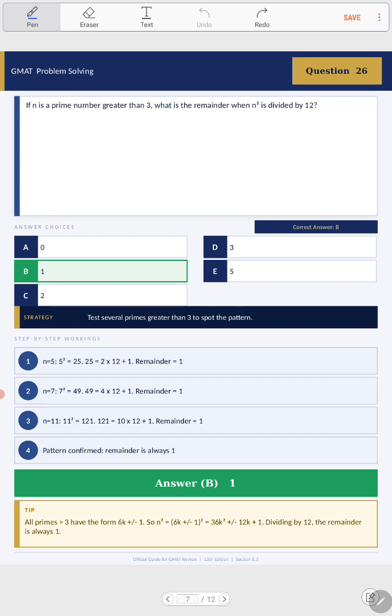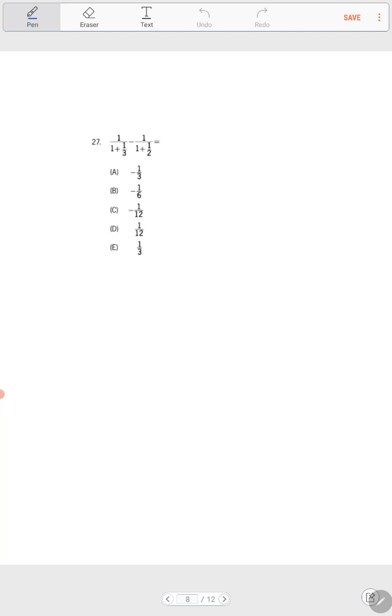So if you are solving, a prime number that is more than 3 can be 5. Okay, and let's find 5 squared. 5 squared is 25. 25 divided by 12 is 2 whole number 1 over 12. This is the remainder. 1 is the remainder. So 1 is correct. Now if we solve this,